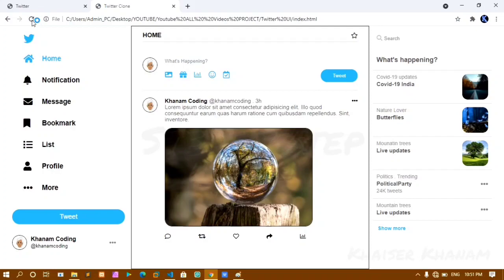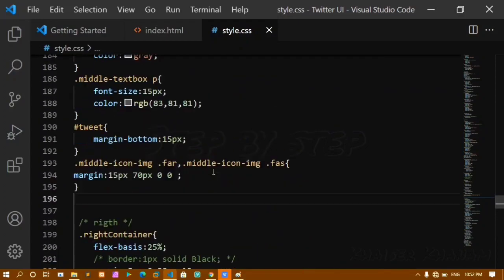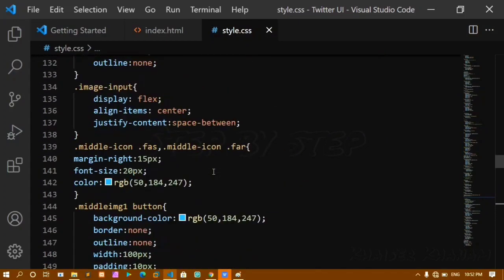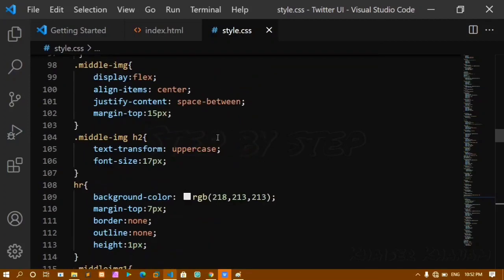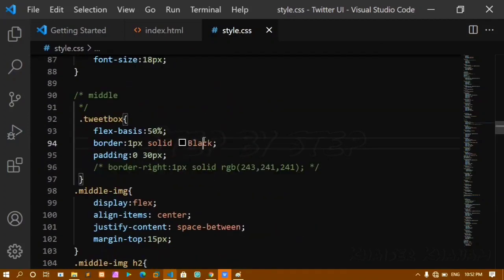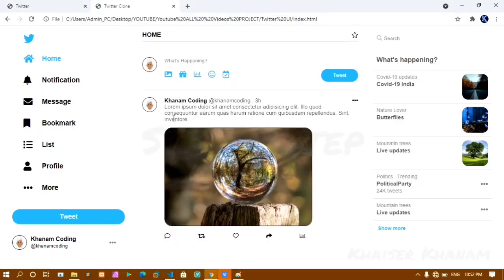Now if I refresh this one, you can see my HR line has come. I'll just come to style.css and I'll be removing my border. I'll just remove this border. I'll save this one. I'll refresh this. You can see we are done with the styling of our simple basic UI design of Twitter.